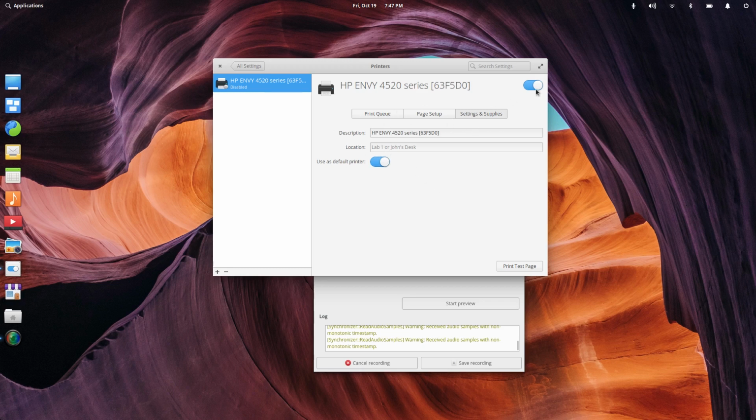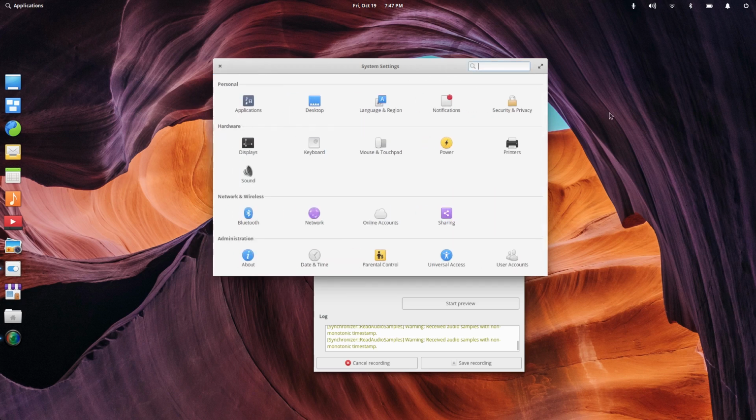So I couldn't even get a printer working on Loki, so this is a really nice touch that they got the printers in there, and the fact that I didn't even have to search for it was even better. Now if we go back to code,